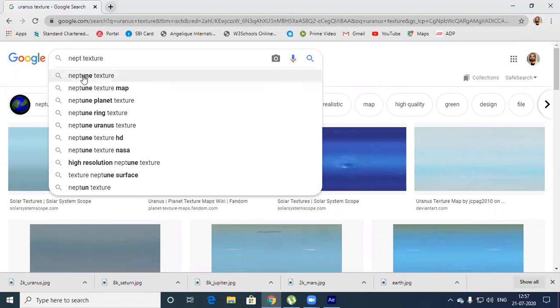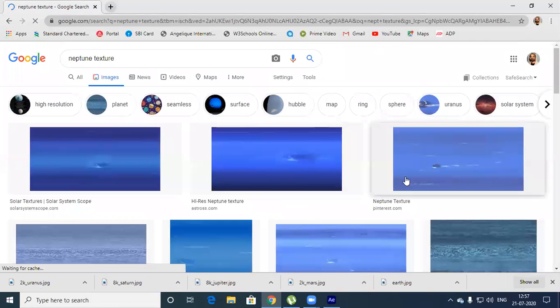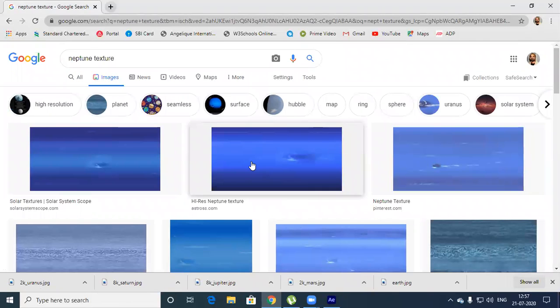So this is Neptune. Saturn, Uranus, Neptune, Pluto: these are jovial planets.